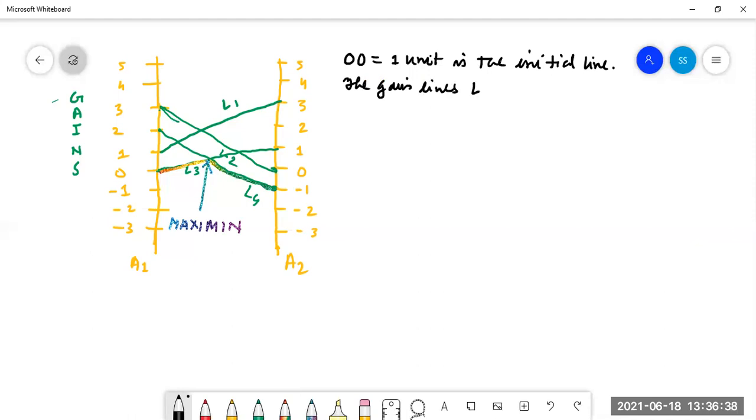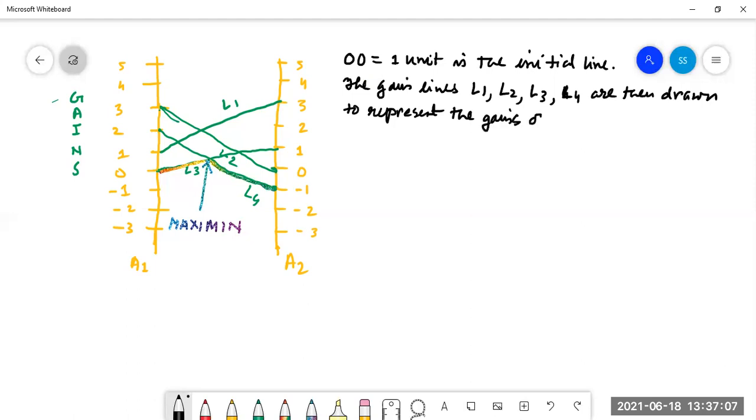The gain lines L1, L2, L3, L4 are then drawn to represent the gains of A corresponding to B1, B2, B3, B4 respectively